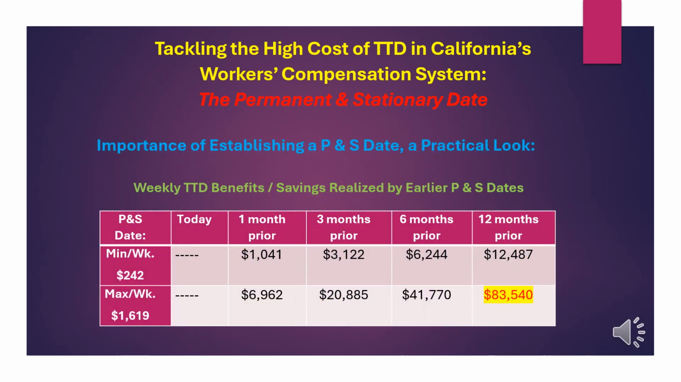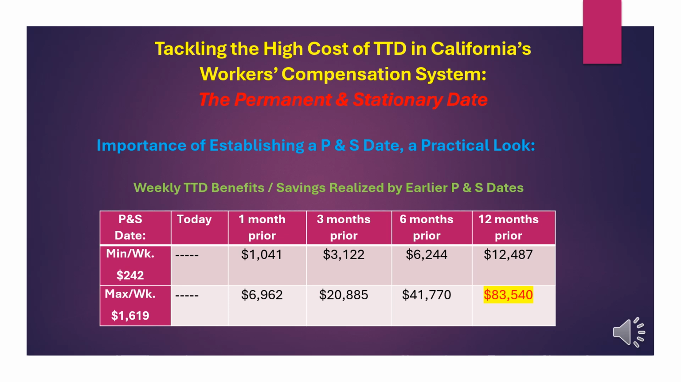Now, I mentioned to you earlier that we would be taking a more practical approach and a look at the reason why the permanent and stationary date declaration is important. So I'm providing an example here in a table. And using the 2024 TTD rates that are actually in effect today, just to remind you, the minimum TTD rate is $242 per week, and the maximum is $1,619 per week. So let's say that the worker falls somewhere in between, but I wanted to give you both